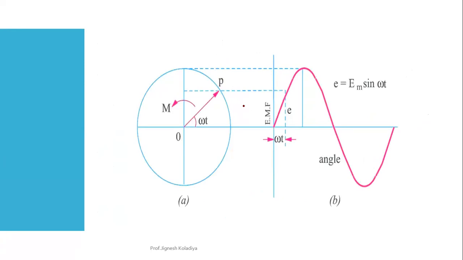So you can see here graphical and vector both are combined, so that you can understand how it happens. When your vector is on the reference, that means at 0 degree, you are at this point, because I'm not getting any component on the y-axis. As soon as it starts rotating and reaches over here, at that time you will get a y-axis component somewhere over here, and corresponding to this, if you just project the line on this side, then this will be the instantaneous value for that particular point, right?